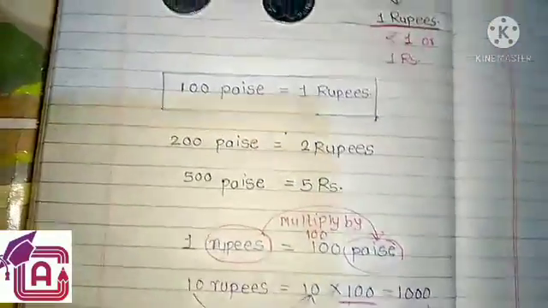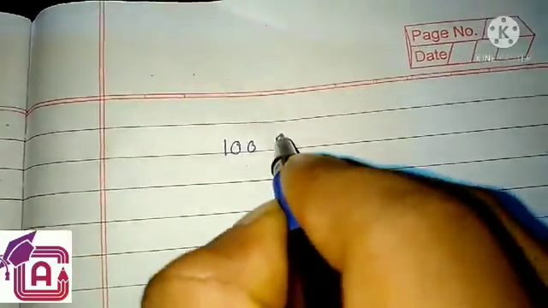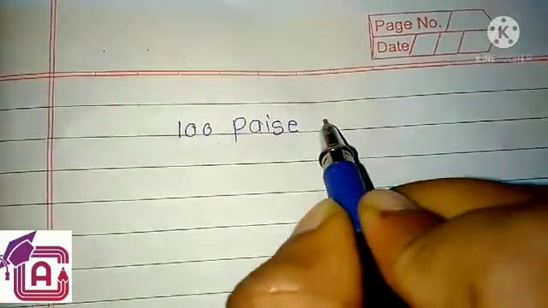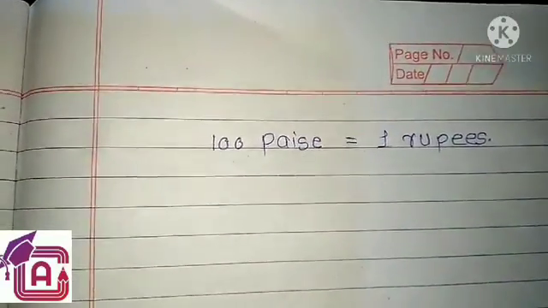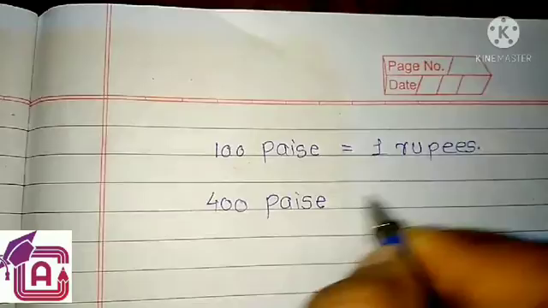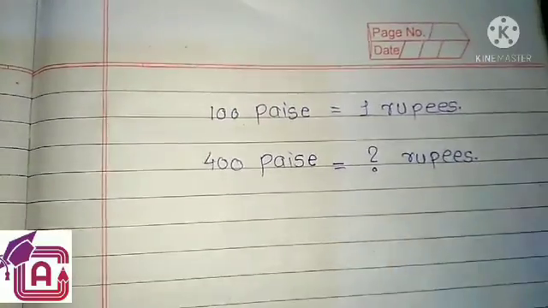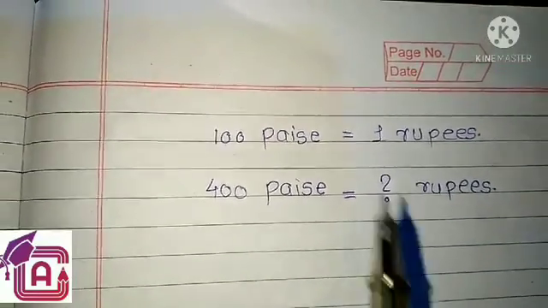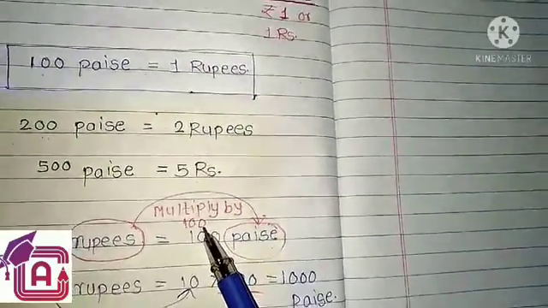Now we are looking at the alternate part. If 100 paise is equal to 1 rupee, then 400 paise is equal to how many rupees? That we have to calculate. So how to calculate? Look at this. When we are converting rupees into paise, we multiply with 100. So if I have to get rupees from the paise,